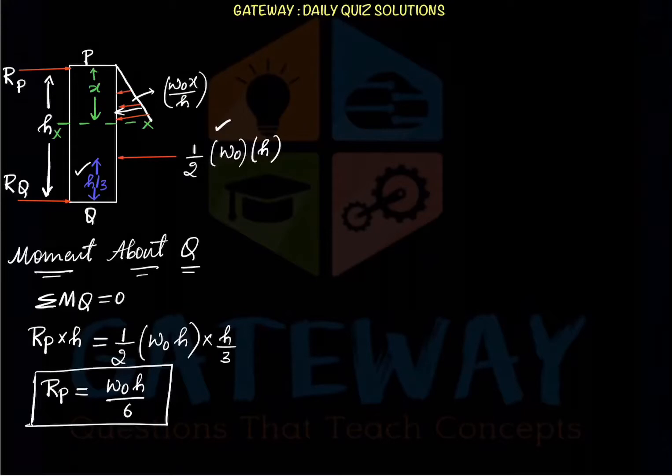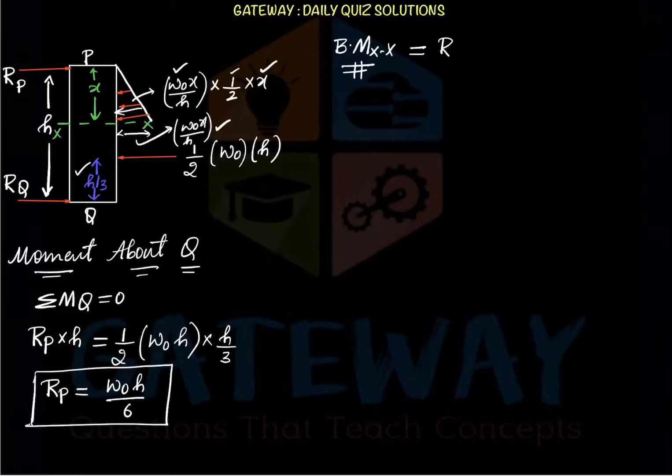Now the value of total load is W naught x by h into half into x, because the base here is W naught x by h, and the area of the triangle is half into base into height. So this is half, this is base, and this is our height of the triangle. Okay, now what we'll do is we'll calculate the bending moment acting at the XX section. So BM at XX is nothing but,